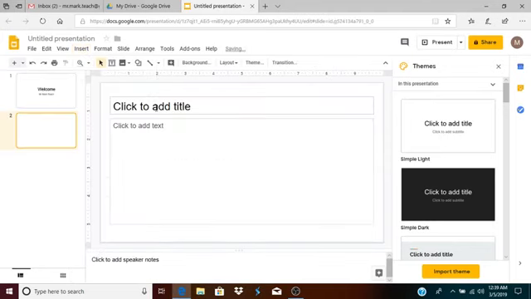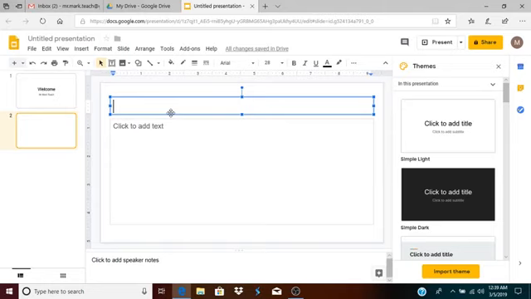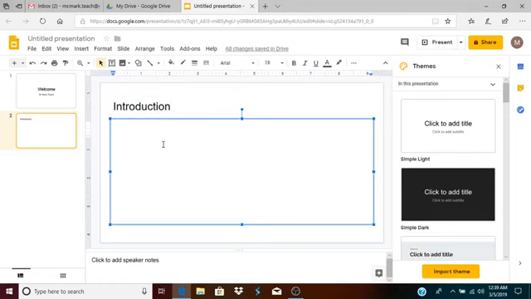All right, so you can do that as well. You can insert a new slide. I'll just put something here just for demonstration purposes. Welcome to my video on Google Drive,